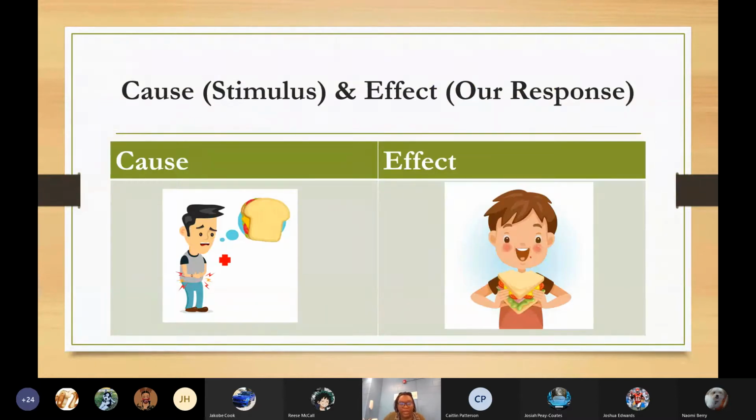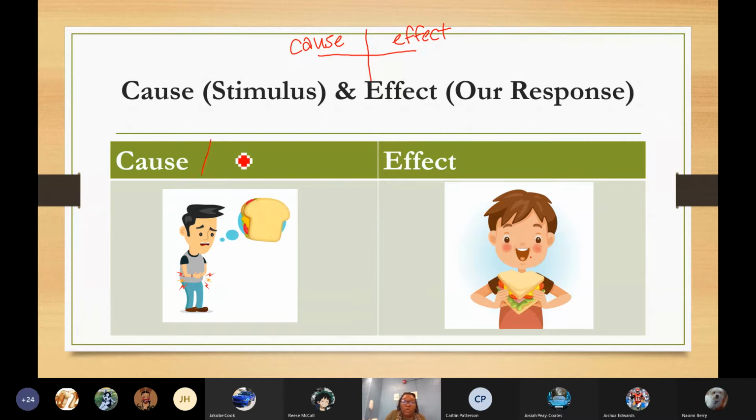So let's draw in our notes a cause and effect chart. You're going to be copying this one, but when you make a cause and effect chart, you can just make a simple T chart like this. We're going to write the word cause on one side and effect on the other, just like you see here with Miss Neville's example.